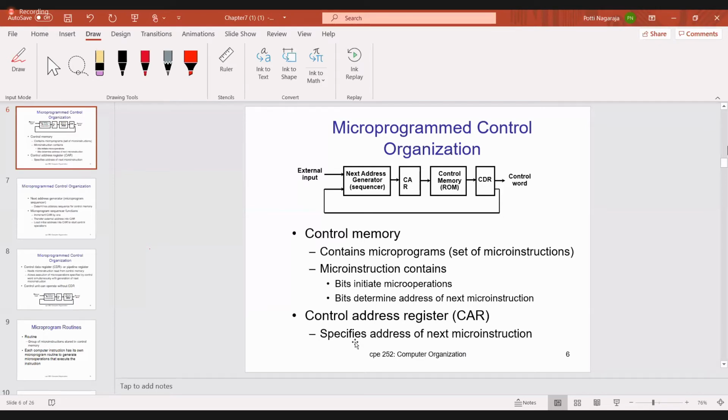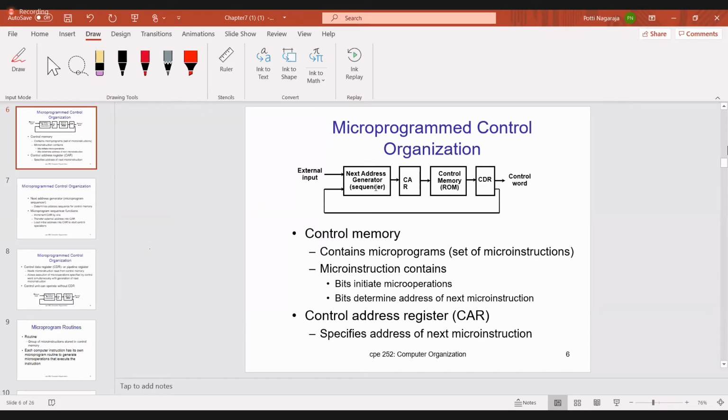Now the next address generator: suppose you are executing one micro instruction, then you have to execute the next instruction's address. So this next address generator will generate the address of the next micro instruction, the address of the next control word.